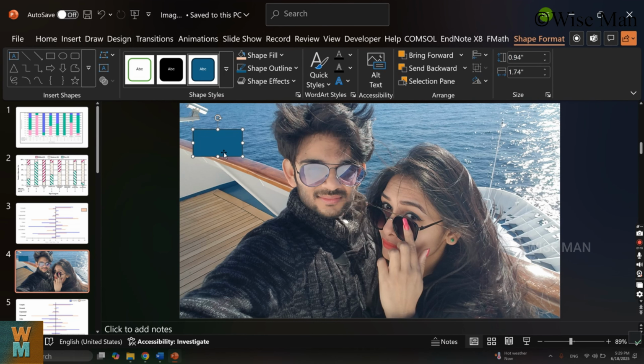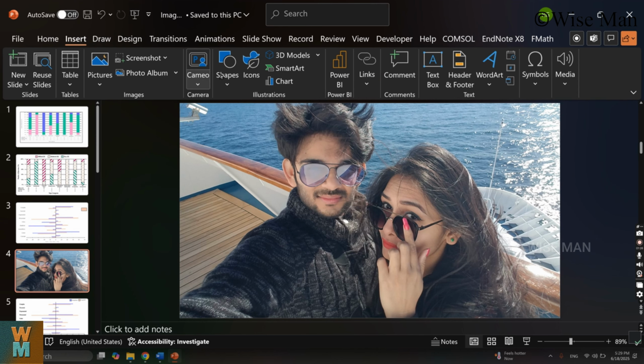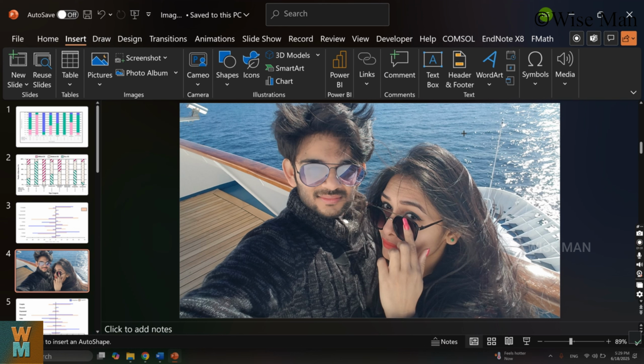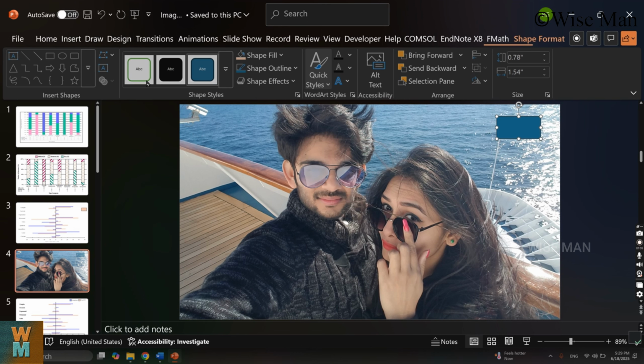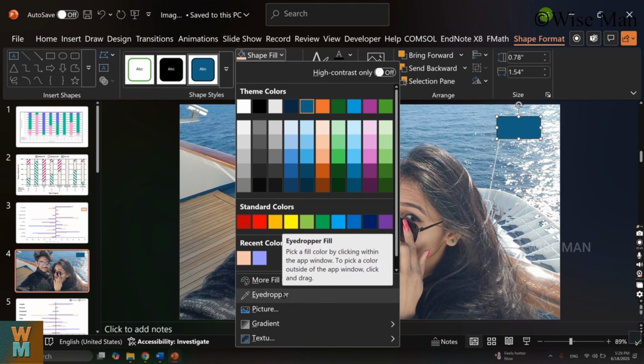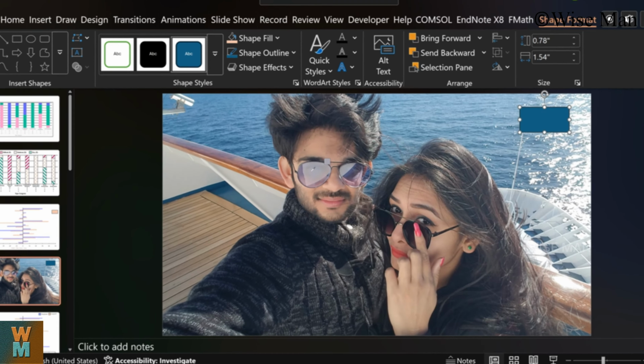To get the color code, we need to first draw a box, and in that box we have to fill it with that color. So now this box is there, I will fill it with a color, but the color I will select from the background image. So I will select this eyedropper icon, and let's say you want to get this color